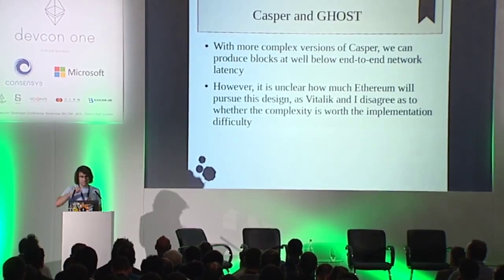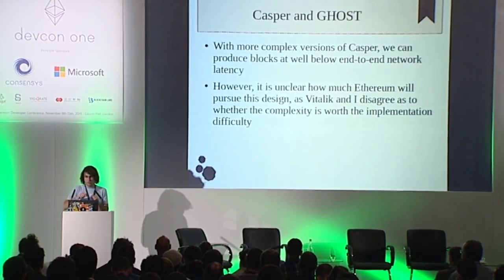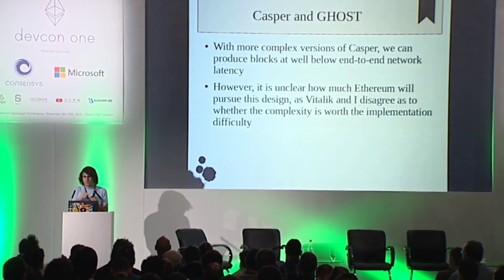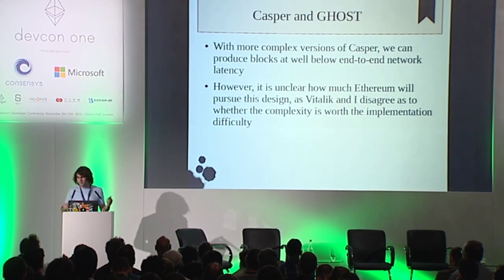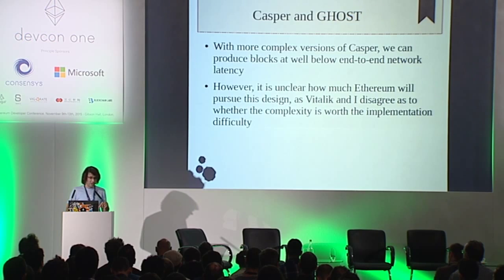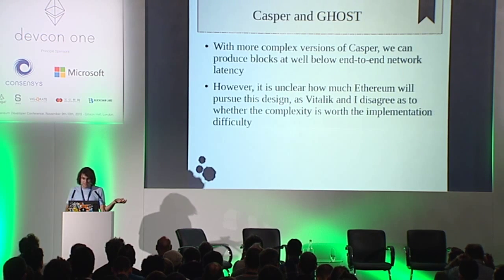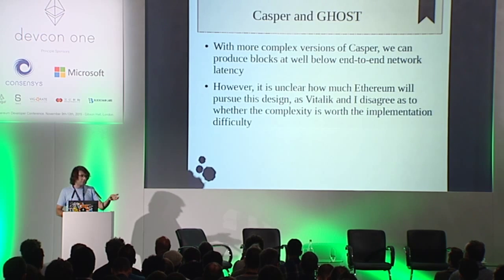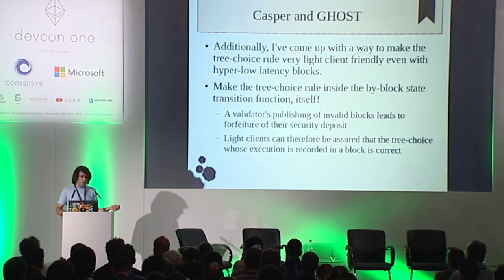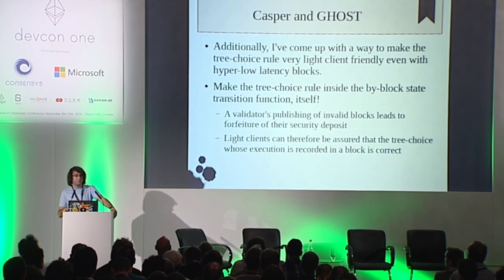Because if all the blocks are chained in a single chain, you kind of have to wait for at least half a network latency, say. Well, you really have to wait for the next validator to produce a block on the previous one's block. So we are arguing about whether the complexity of bringing the block time below the network latency is worth it. Additionally, this is a neat thing. I came up with a way to make this tree choice rule light client friendly. So you could imagine that as a light client watching sub-network latency blocks, you might have